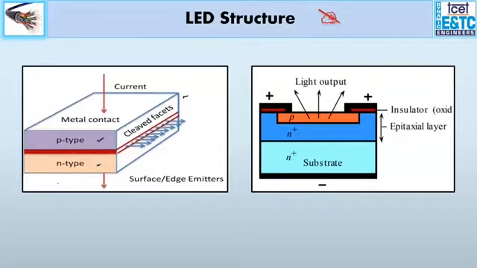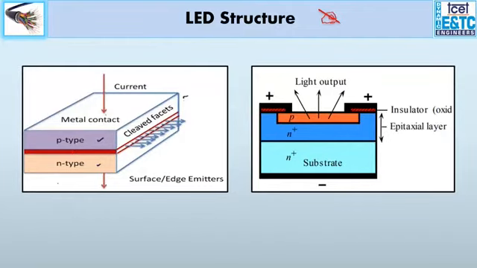The carrier cannot cross this junction here because of a larger barrier, and hence all the recombination is confined to this particular area, and from here all the light is released. Moreover, for light release in only one direction, all the other edges of your device are cleaved or made into reflectors, and this side is made with an anti-reflecting coating so that all the light comes out of the device.